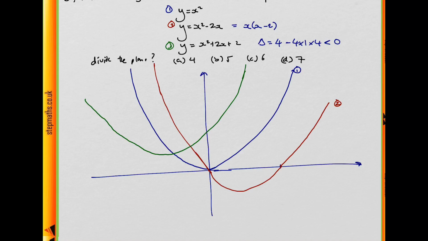So how many areas is that divided into? Well, if we just label them on, we have 1 here, 2 here, 3, 4, 5, 6, and 7. So that's 7 regions, and that gives us an answer of